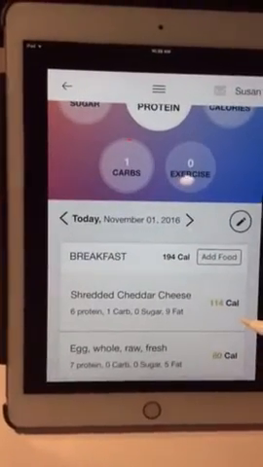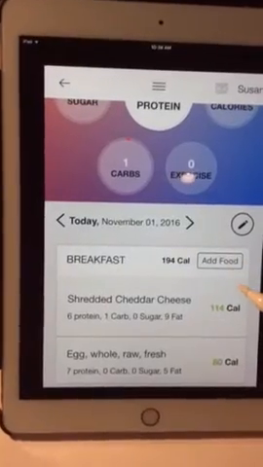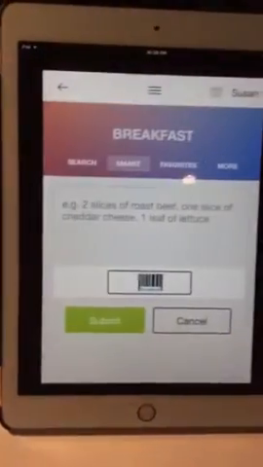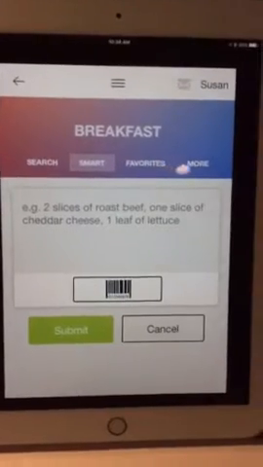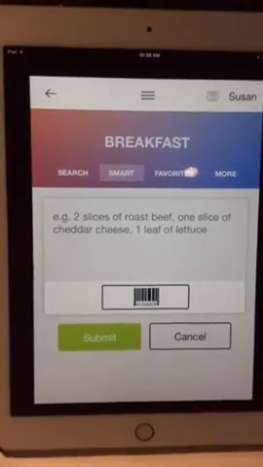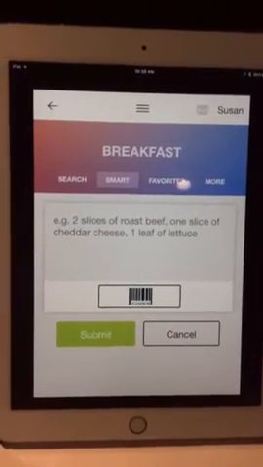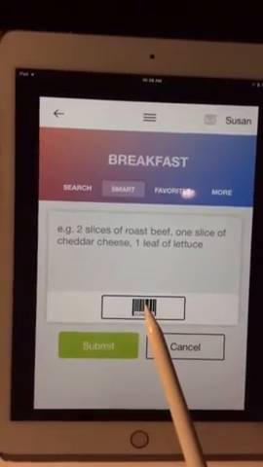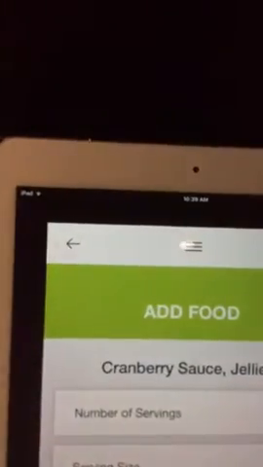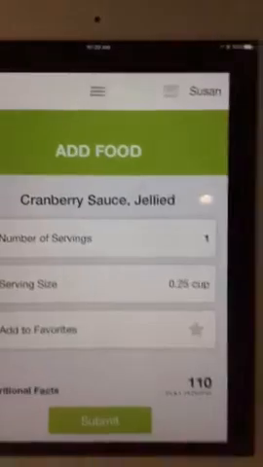But what I also wanted to show you was that scan feature. So I'm going to hit add one more time, and I'm going to show you how amazing this scan feature is. So let me see if I can do this now that I've got this up. When you click on the scan feature, it brings up your camera, and all you have to do is put a can in front here, and you can even see how cockeyed I entered it there, and yet it still